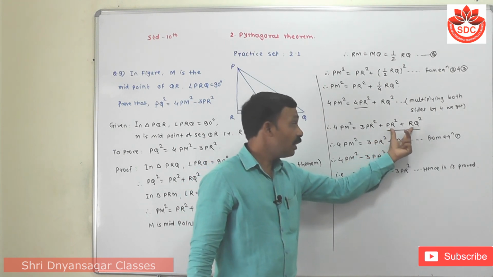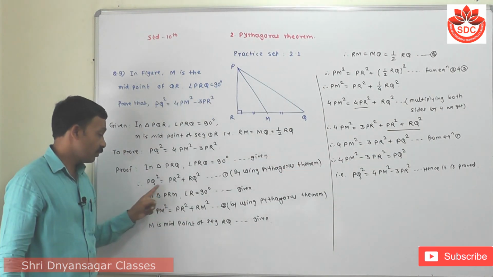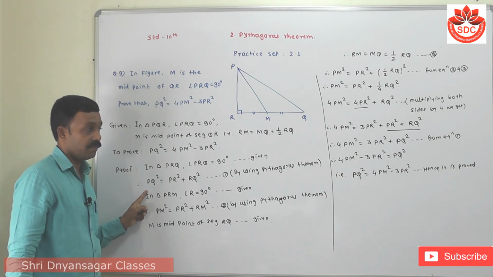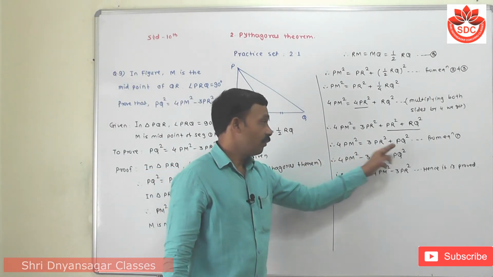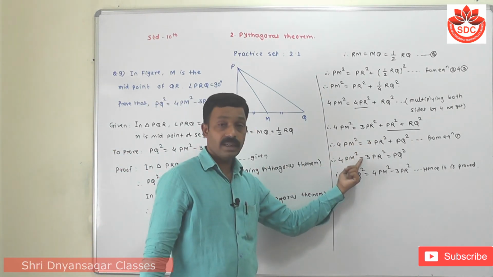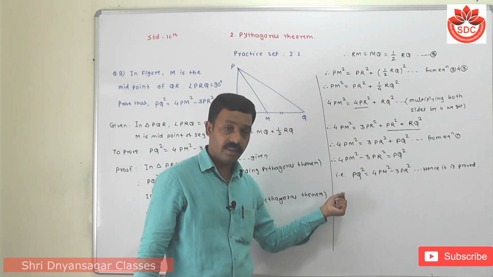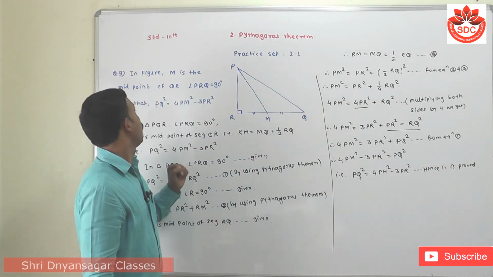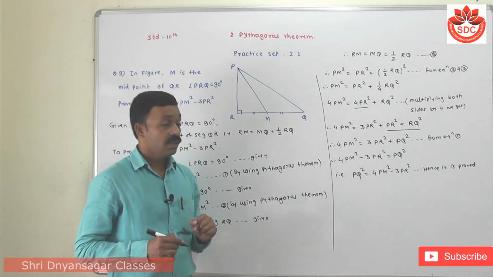Then, looking at the value of these two, according to equation first we put the square of PQ. This is PQ square. Then we look at its proof. Then transpose this to this side, and it converts to minus. We get our answer. This is question number 9. Okay, we see the next question.